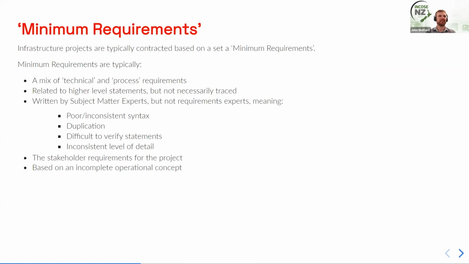And this is a term that I'm not sure how widely it's used, but I see it on quite a lot of infrastructure projects, sometimes project requirements, sometimes other variants on that theme, but they're typically the client's requirements. They're often a mix of both technical and process type requirements. They're often related to higher level statements, but not necessarily fully traced. They're almost always written by subject matter experts, but not typically by requirements experts, meaning that whilst they are